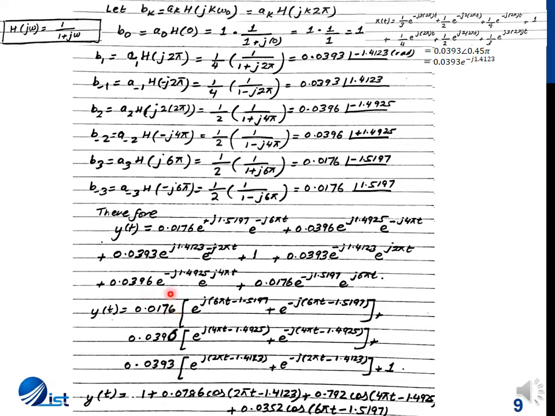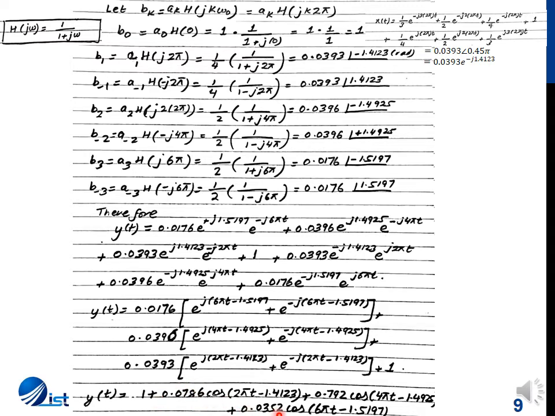So I group the like terms together like this and bring them into the same form, convert them into cosines by using Euler formula, and bring the answer in the same form as the input. This final step is not necessary. In fact, giving your answer till this point is sufficient for all discussions, but I just grouped the terms together to illustrate the same concept, that the output is the same sum